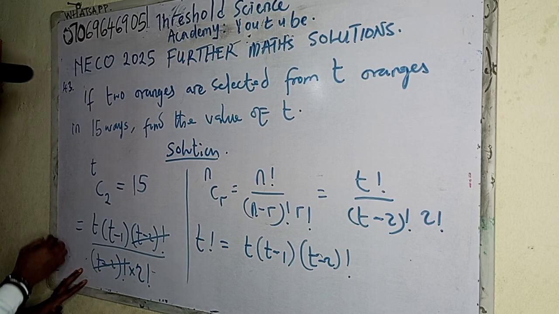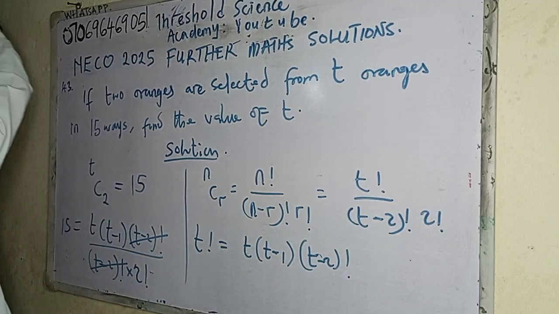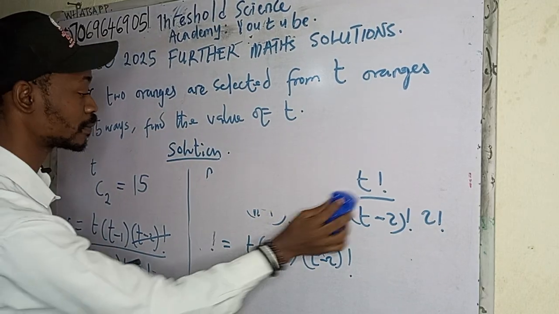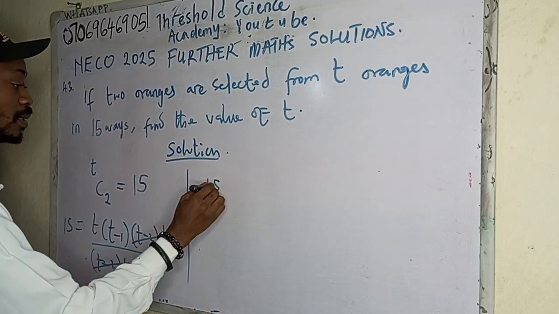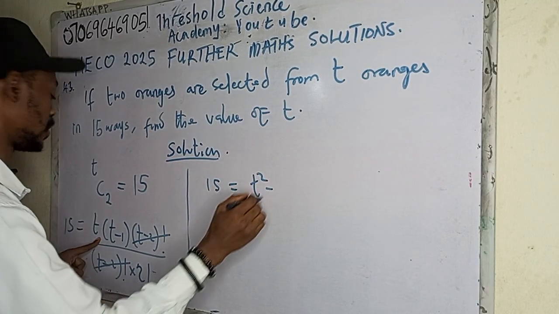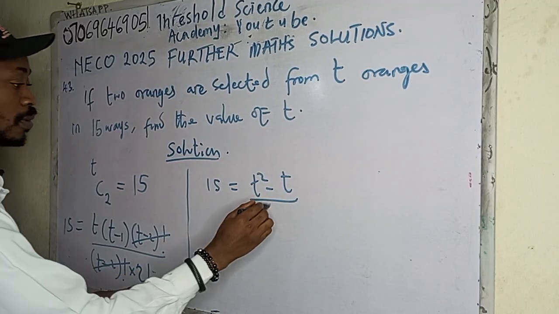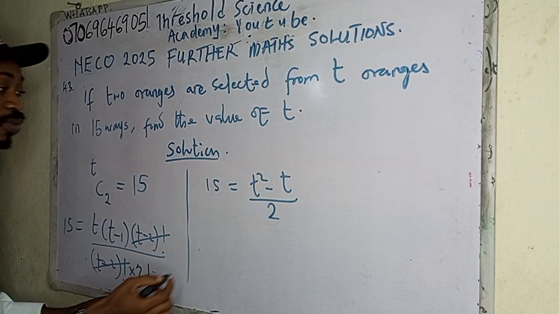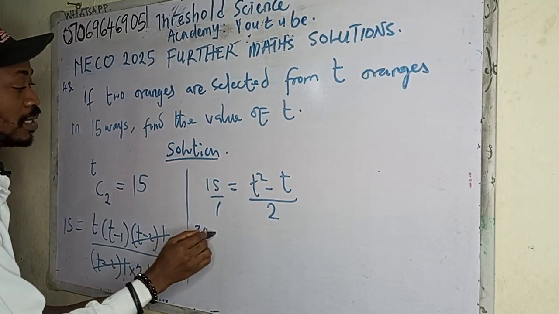Then we are left with, let me erase. So 15 equals, let's open the bracket, t squared minus t all over 2, because 2 factorial is actually 2, means 2 times 1. So if we cross multiply, we're going to be having 30 equals